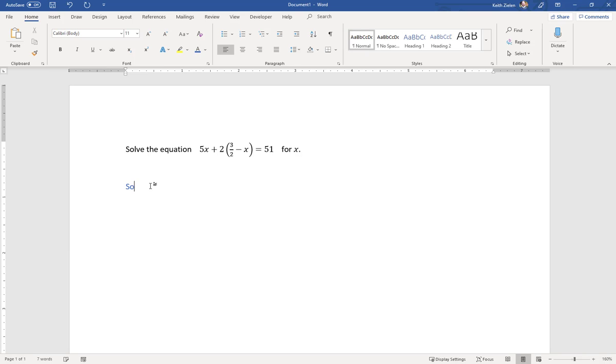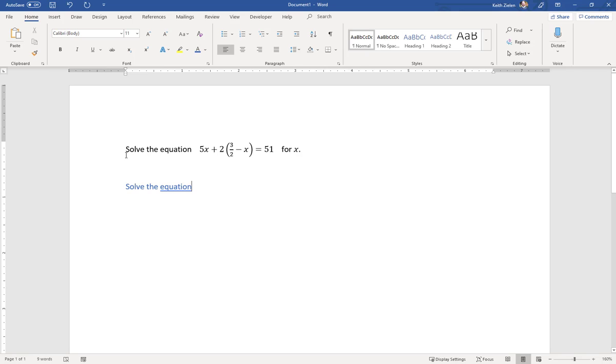Everything looks normal as long as we're using regular old words. But when you get to the math section of it, it formats it poorly. Look, there's no spacing. And worst of all, if I try to make that fraction 3/2 minus x equals 51, this is just kind of a mess. It doesn't look as nice. It's a little bit sloppy. The spacing isn't exactly right. So instead of doing that,